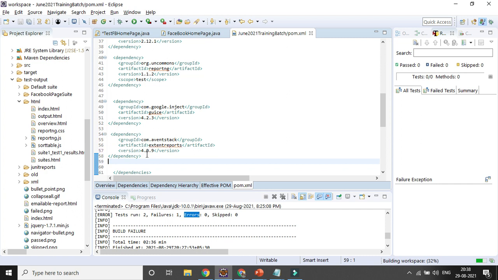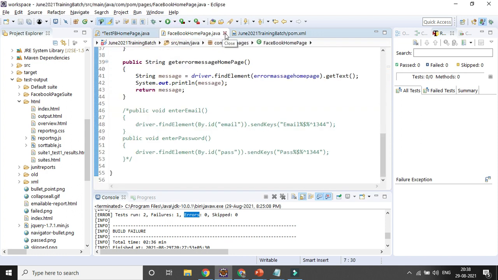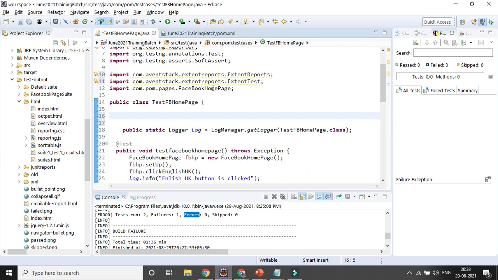It's taking some time to add the dependency here. This is my class here. Let's try this.